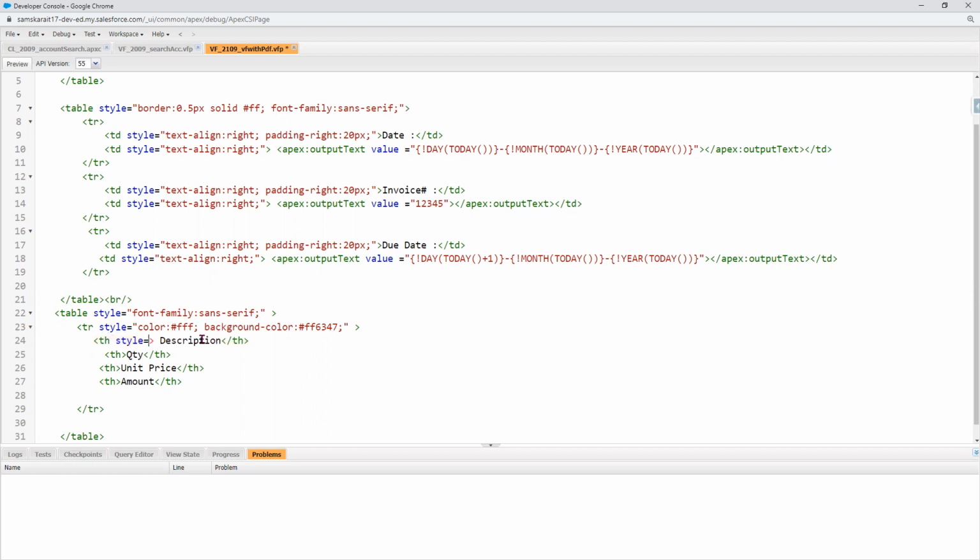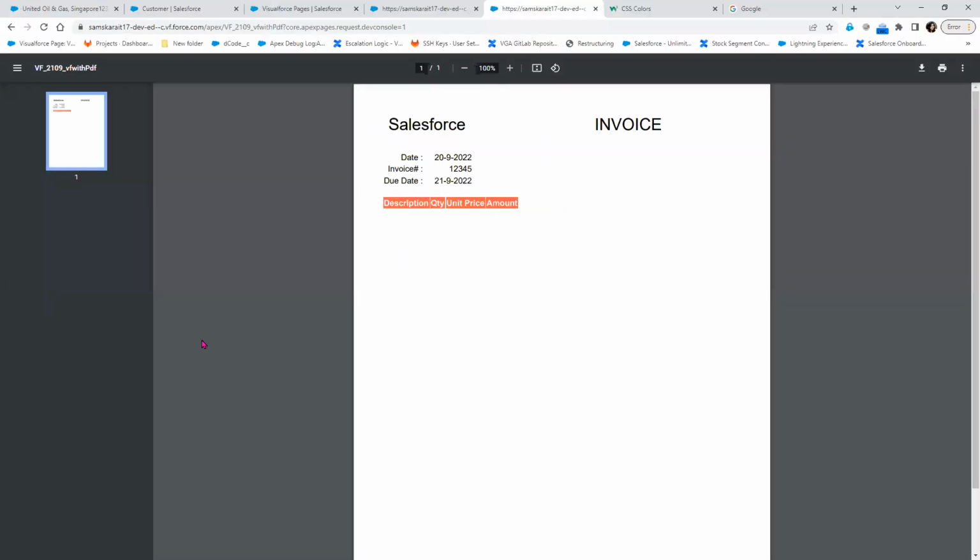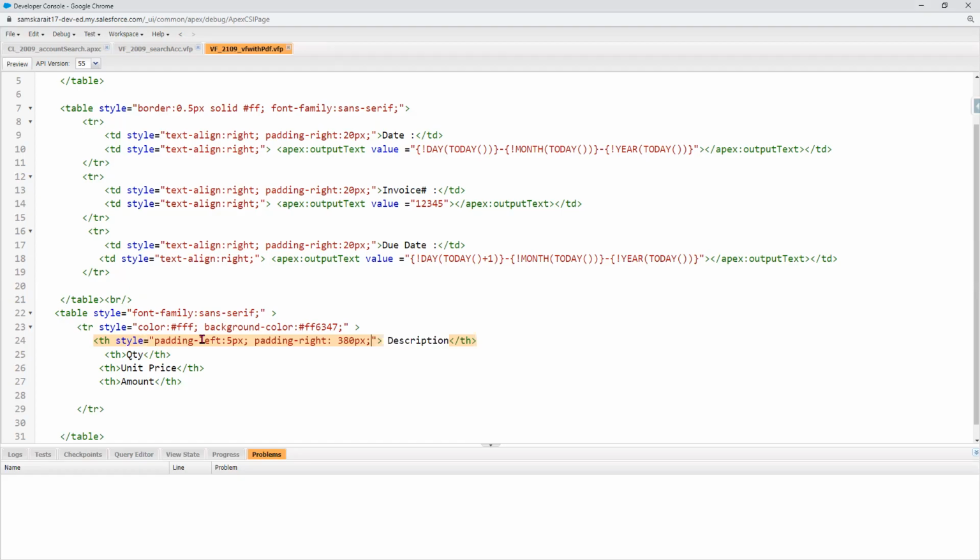So let's add style equal to padding left, let's say 5 pixel, and then padding right, let's say 380 pixel. And let's see how the description is displaying. Fine. So I have more space there. That's okay. Let's add it to the quantity. Now quantity, style equal to